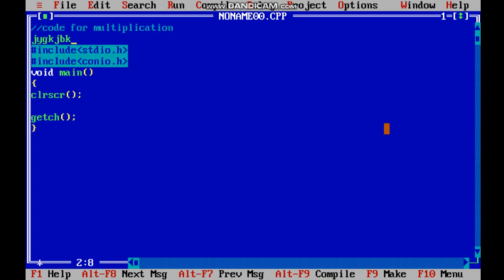Suppose I wrote anything and I put two slashes, it becomes null. It won't be read by the compiler. It means it is not there. It is just for understanding, so that the second coder will come to know what that code is all about. We are just commenting. I could also write